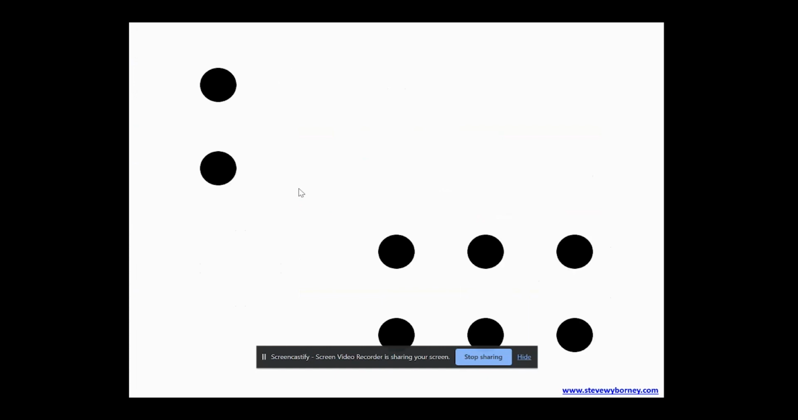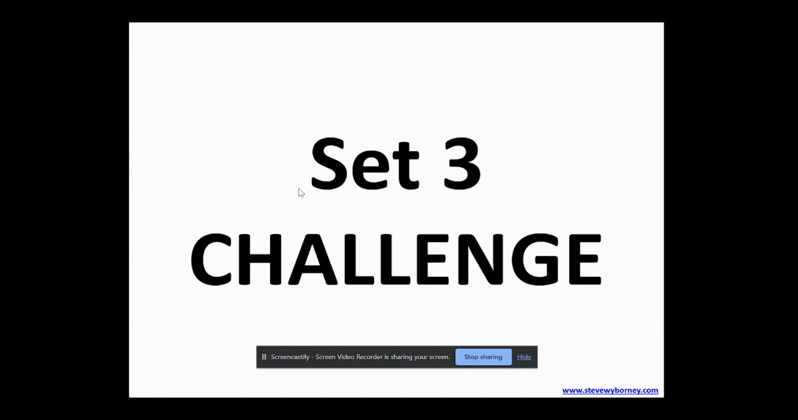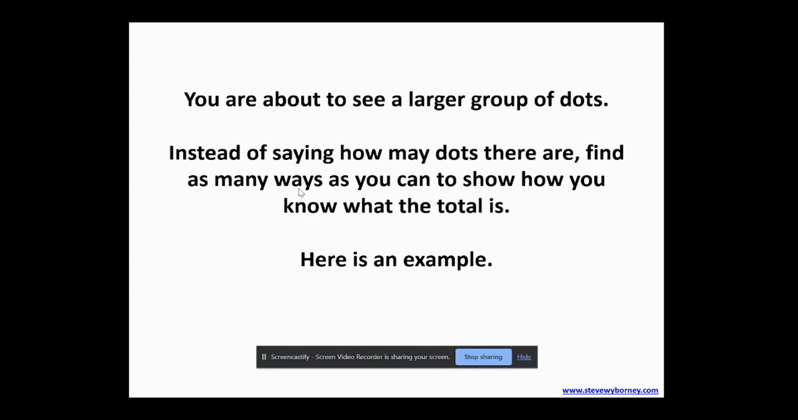But you can go through them however quickly you need to for the level of your child, or the student that you are working with. But there are 10 of them. So I'm just going to go through these quickly so that I can show you at the end the challenge set. So he explains in the PowerPoint how the challenge set works, but basically instead of saying how many dots